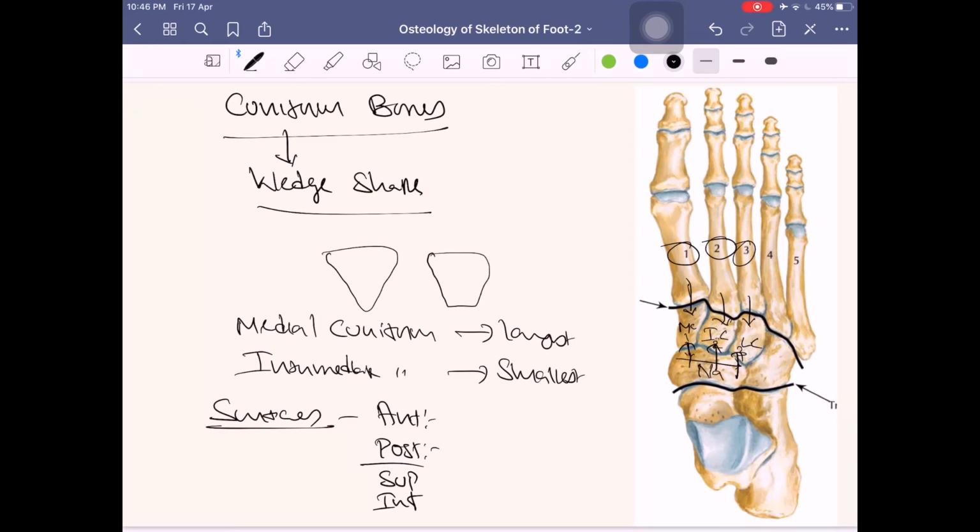And the posterior surface is forming a joint with the navicular bone. The medial surface of the first does not have any joint formation, but the lateral of the first and the medial of the second, and the lateral of the second and the medial of the third, they are forming intercuneiform joints. And the lateral surface of your lateral cuneiform and the medial surface of the cuboid form another joint. It is not only one, but it also forms a joint with the fourth metatarsal bone. So this is in detail about this.